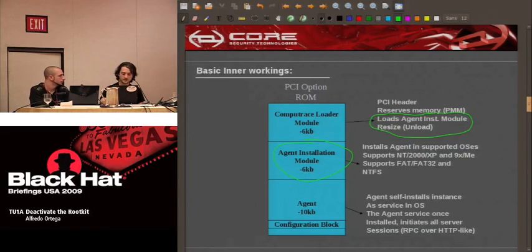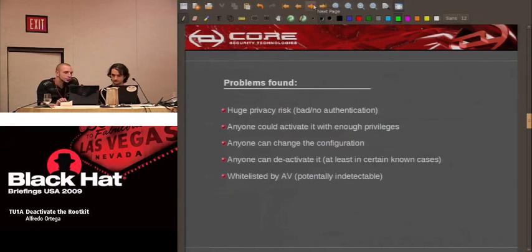And then we have the final agent. This is a plain Windows Win32 application that is the service itself. It installs a service and injects a thread into Internet Explorer, and at the first run calls the URL that we showed before. Of course, this agent has configuration blocks because it's very configurable. You can redirect the default server, and this is one of the main issues of this talk. You can redirect this to whatever you want. Okay, before talking about the problems we found here,